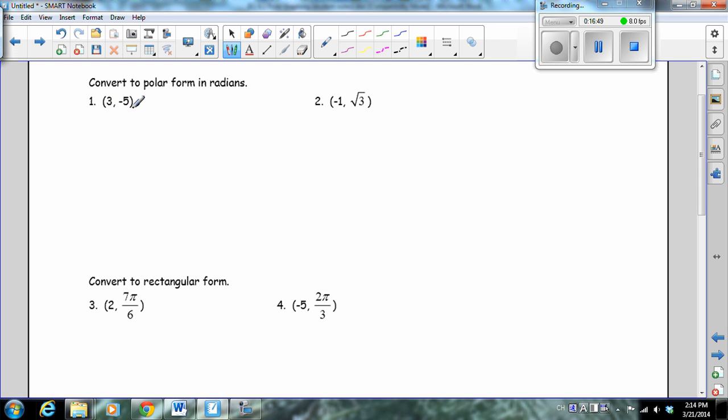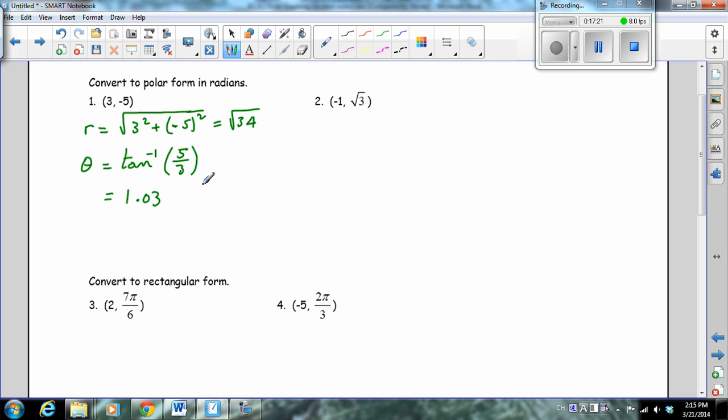So we have 3 and -5. The first thing is r is equal to, using the formula, I know it's the square root of x squared plus y squared, and this one will be the square root of 34. Now theta, on the other hand, is equal to the inverse tangent. Once again, I'm using those formulas, but you can always build your own triangle of 5/3, which is equal to 1.03. This is using my calculator,